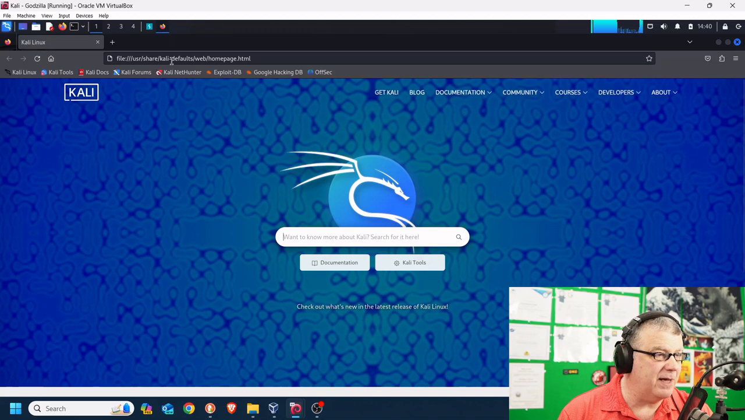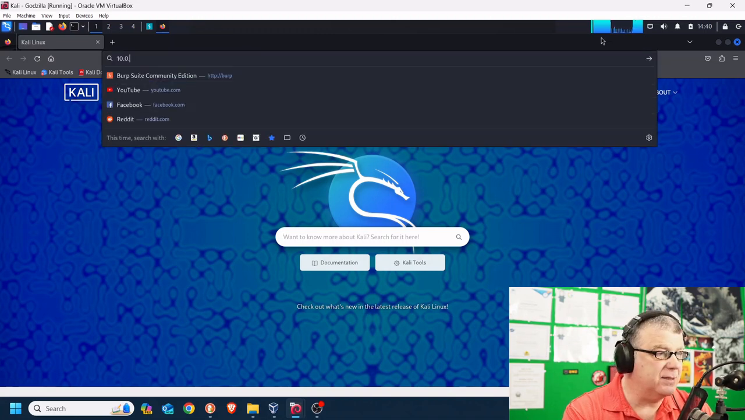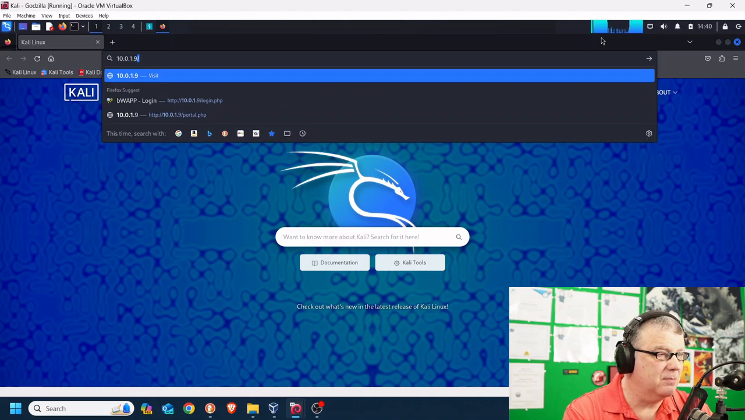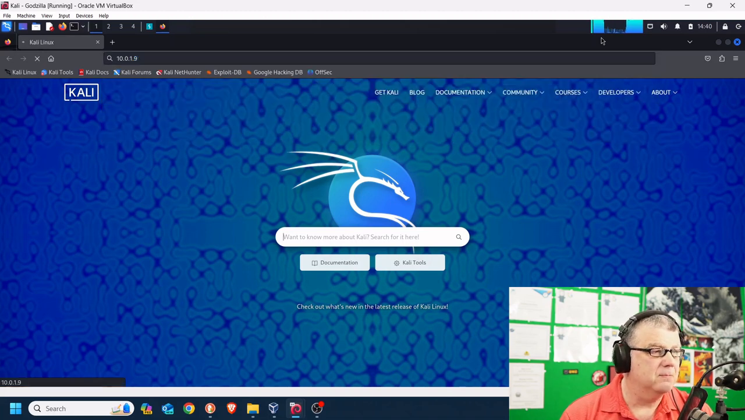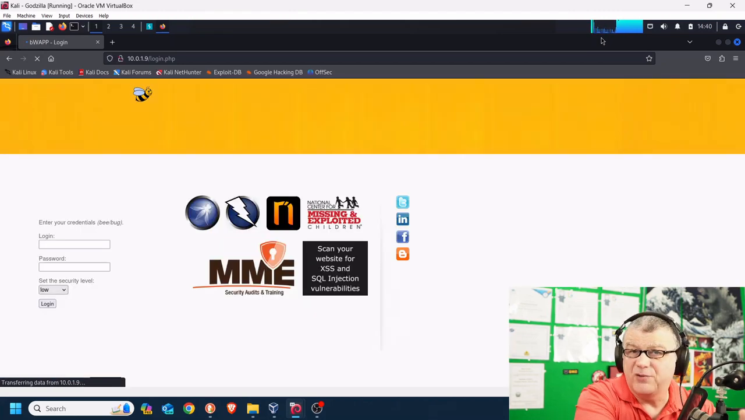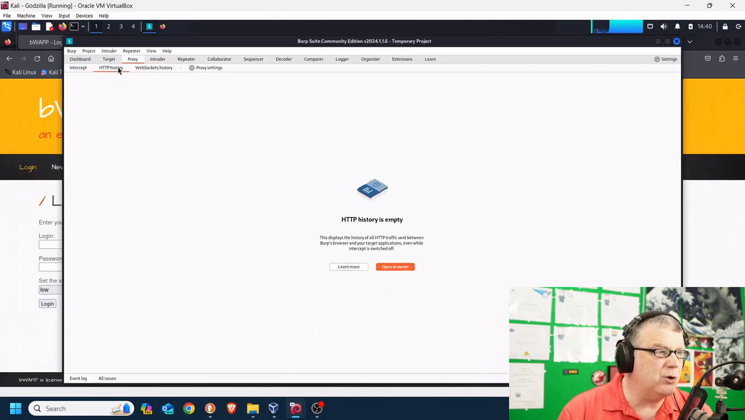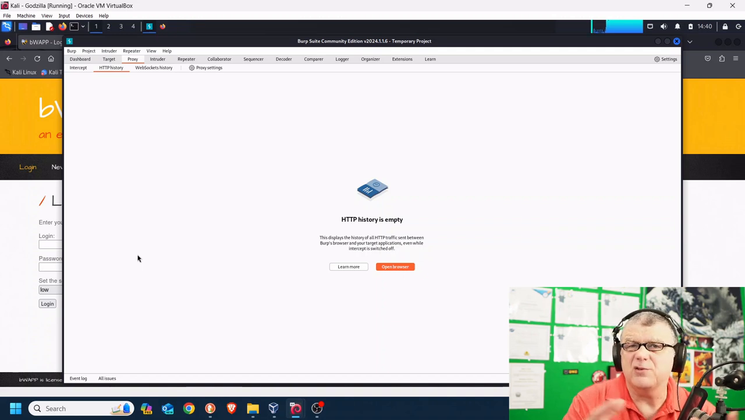If I just go, okay, 10.0.1.9, I hit enter, give it a second. It's going to that local web server I have on my network, and it brings it up. If I was to go to Burp and I say, show me HTTP, there's nothing there because the Burp Suite hasn't been used as a proxy, hasn't been used as a collection point, so nothing is there. So what I have to do